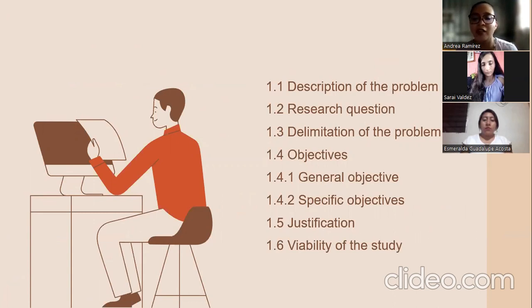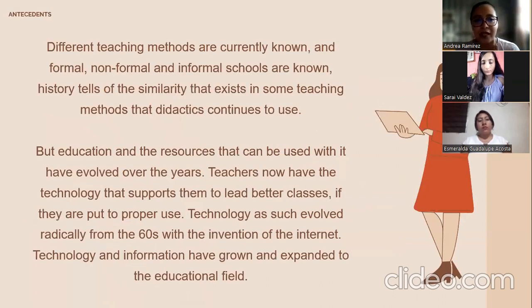And then in specific objectives, we're going to mention the 3 things that we chose to make this study. The first one is television as a teaching resource, whether there are enough programs to teach English or if teachers use them correctly to teach. And then we also have the internet as a teaching resource and the social networks as a teaching resource.